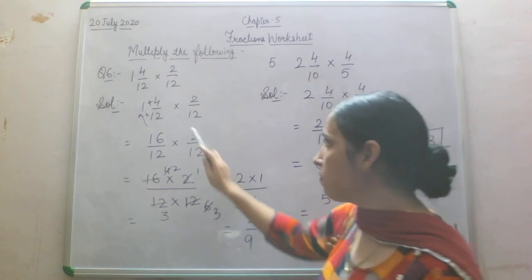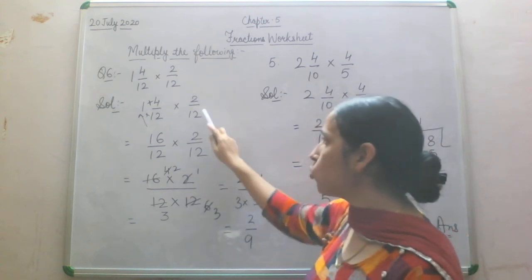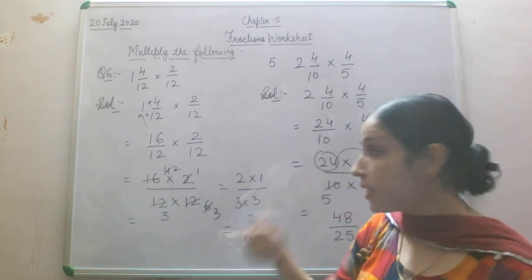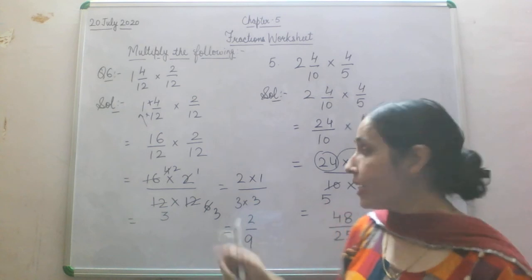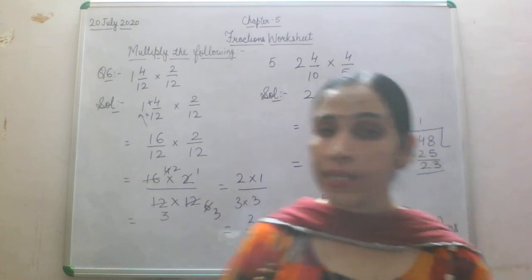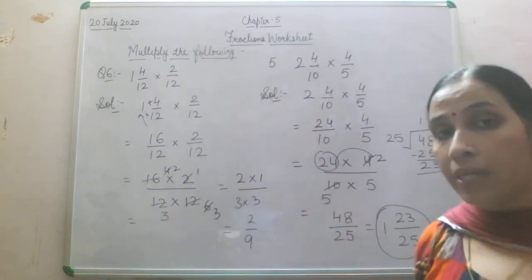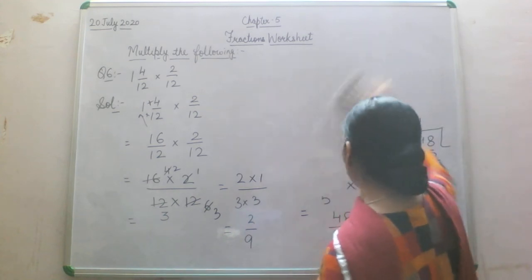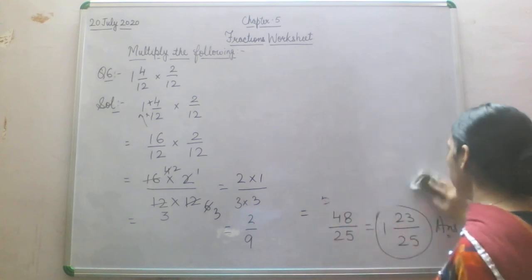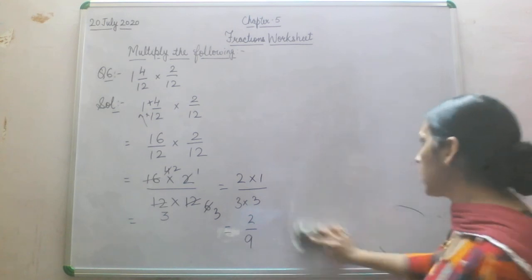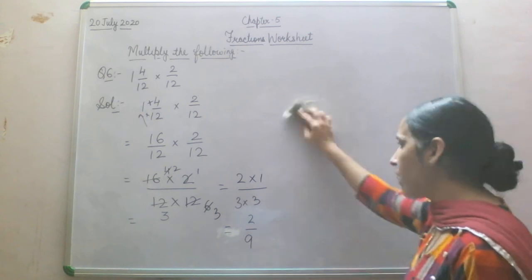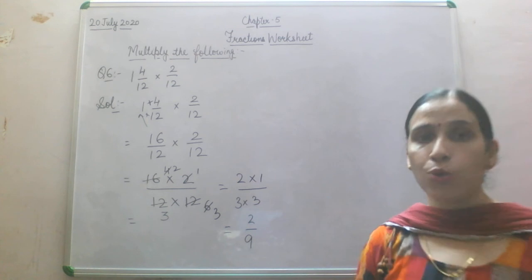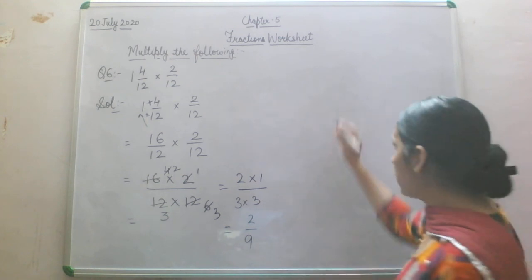16/12. Now the next proper fraction is 2/12. Now what is the next step? The numerator will multiply by the numerator and the denominator will multiply by the denominator. So I am going to show you this cancellation once again here on this side, so that it will be clear to you all: how we can see the common factor and how we can reduce it to the lowest term. So let's see this here, children.